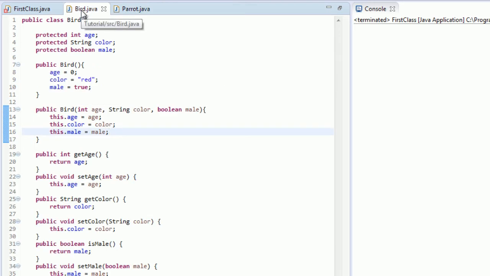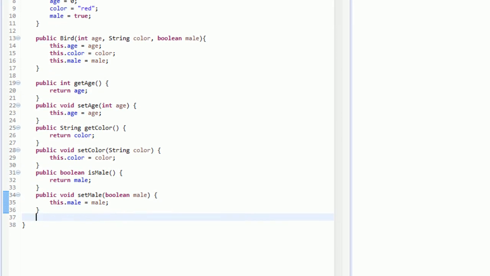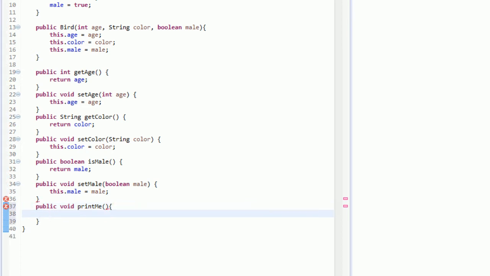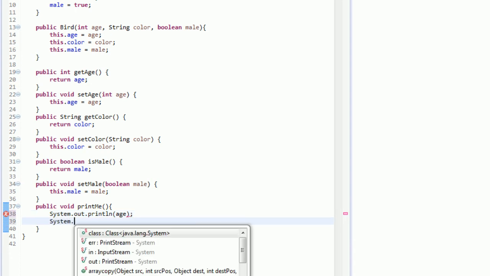So this super keyword isn't limited to just these constructors. You can also do it with inherited methods. So let's make a method to print out all of these different instance variables that we've created. So we'll go public void printMe, and we don't need any parameters because the instance variables are stored within the class, and so we'll have this class just print out all of these different variables. So we can have it print out age, we can have it print out color,